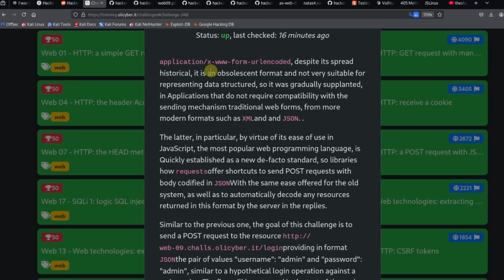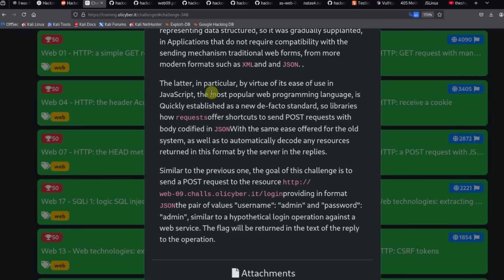So it says application/x-www-form-urlencoded, despite its historical spread, is an obsolete format and not very well suited for representing structured data, so it was gradually supplanted, in applications that do not require compatibility with the sending method of traditional web forms, by more modern formats such as XML and JSON. The latter, in particular, by virtue of its ease of use in JavaScript, the most popular web programming language, quickly established itself as the new